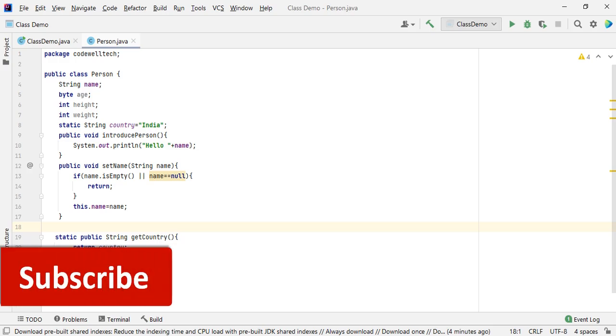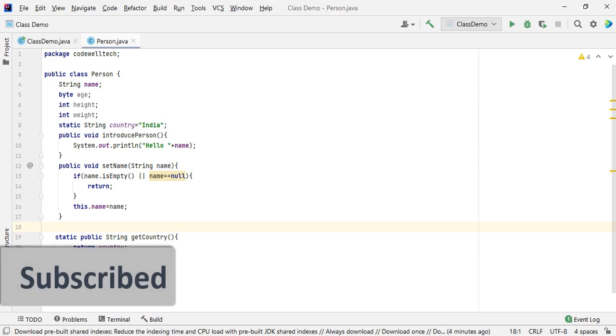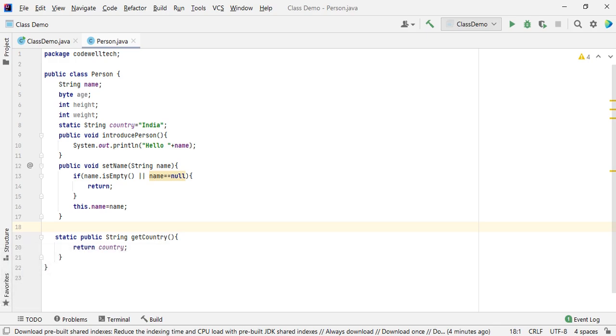In the last session we discussed what is a class, what is an object, and what are static members and methods. And I also gave an assignment about how to create a calculator at the end of the video. If you tried it, that is okay. If not, don't worry. We are going to see how to create a calculator using Java in this session. Let's start.